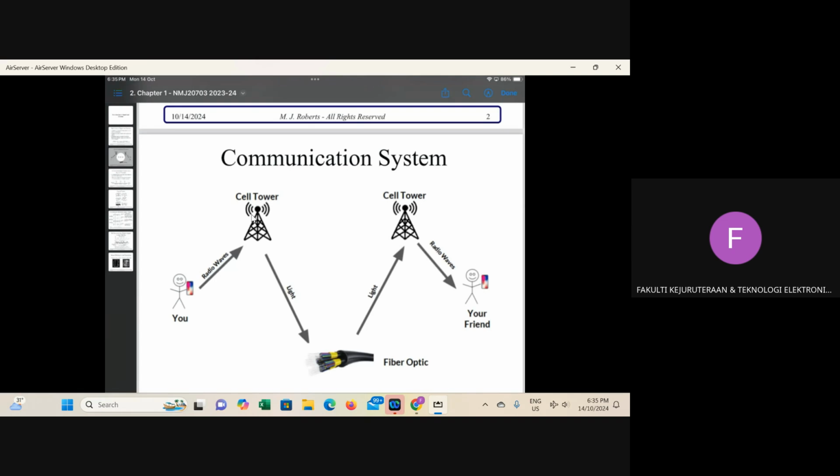In the communication tower, your radio wave, which is your voice from before but now in the form of radio waves, will be converted into high speed light.